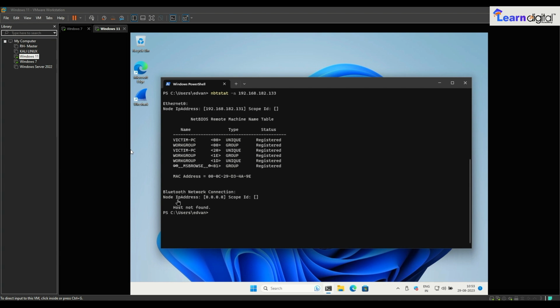Then Bluetooth network connection, you can see that node IP address 0000, because maybe there will not be a Bluetooth network connection, so that's why we are getting this kind of results. Now you can run one more command,